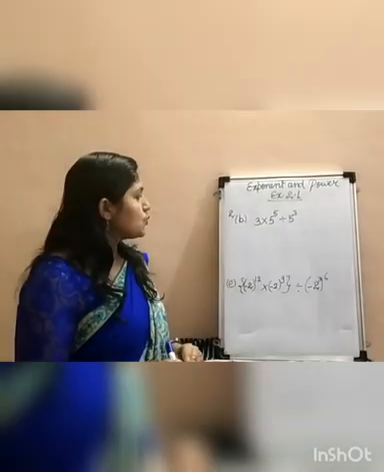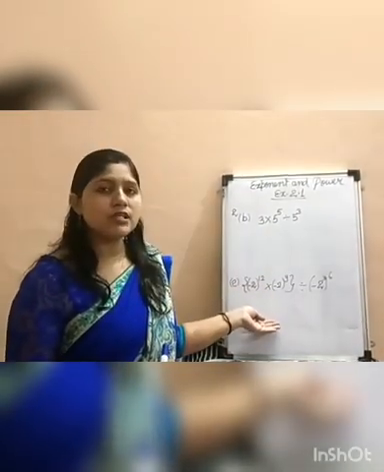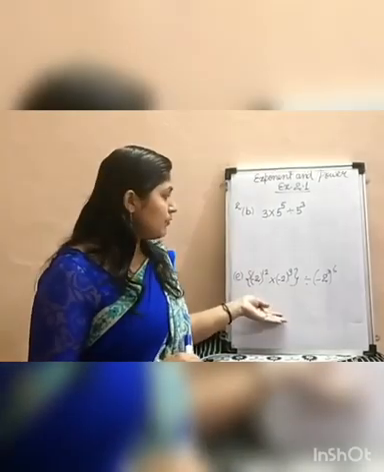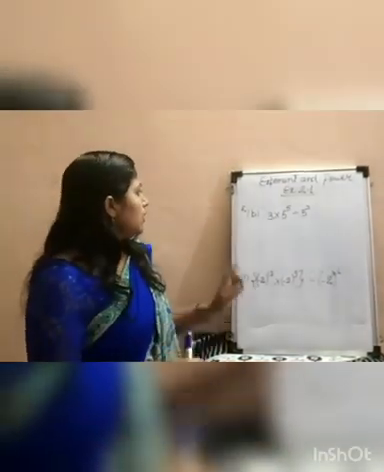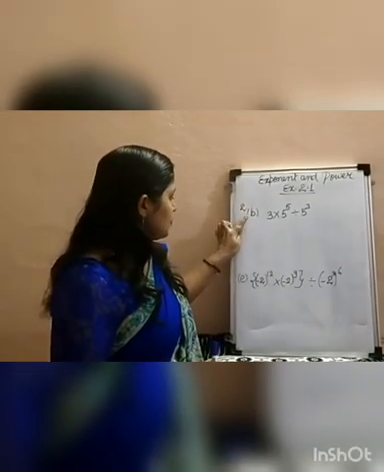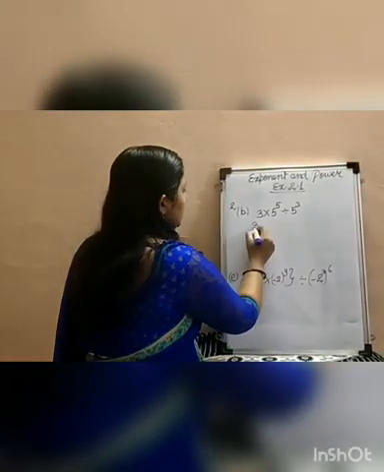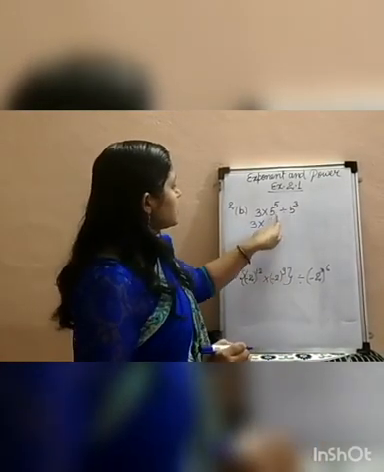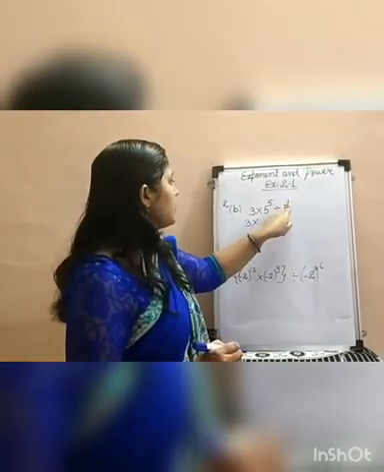If you have understood the laws of exponent, that simplification will be very easy for you, because simplification is on the basis of laws of exponent. Here is question number 2b. Here the bases are the same. Here is 5 and here is 5. But the exponents are different, 5 and 3.